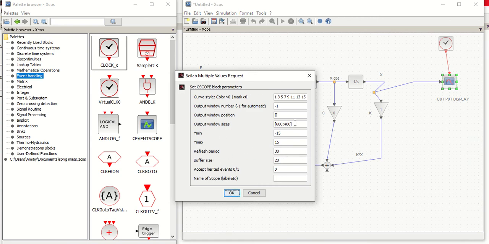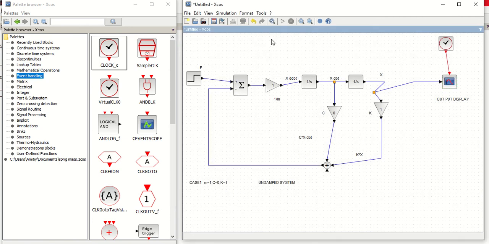This is our output window where I can see y min is minus 15, y max is 15. We are having almost unit in all cases, so I am reducing it to 0 to 2. Accordingly, we will change. Now I can see the output.